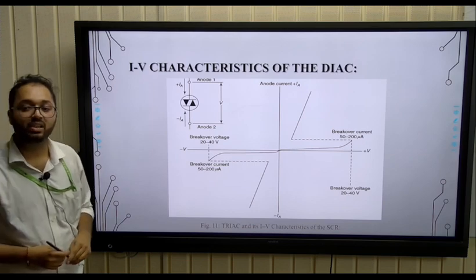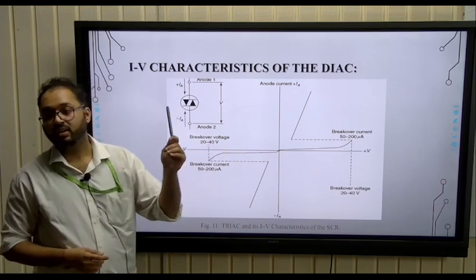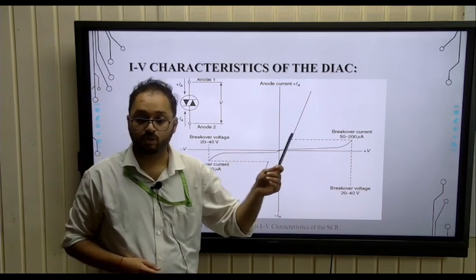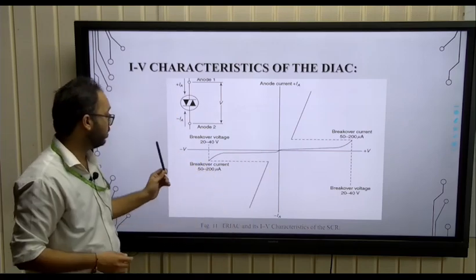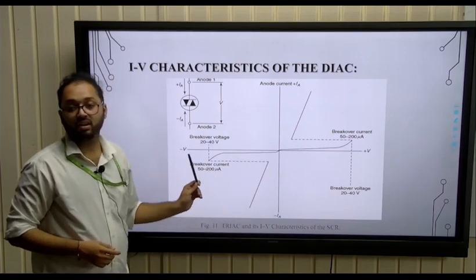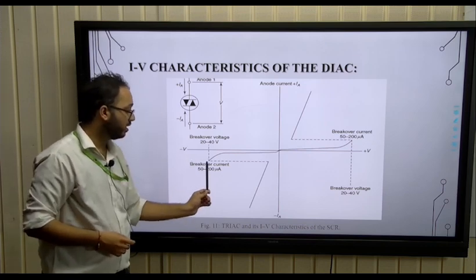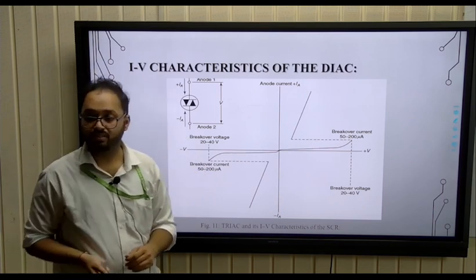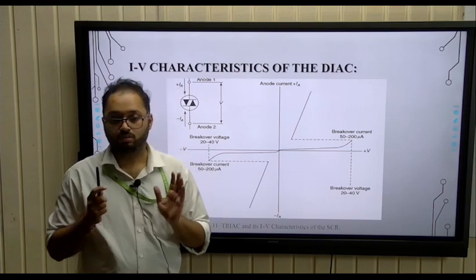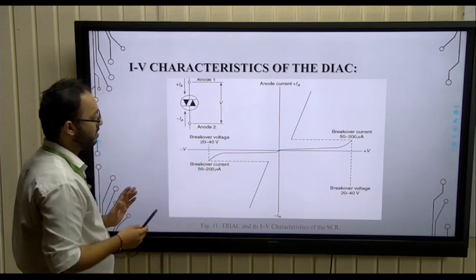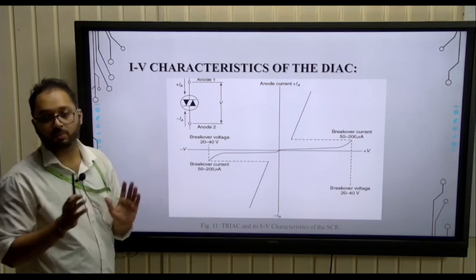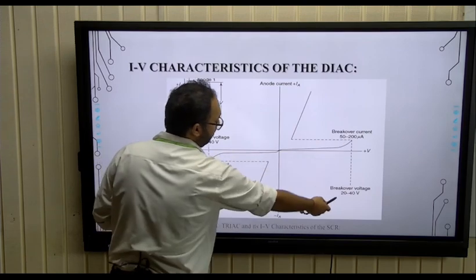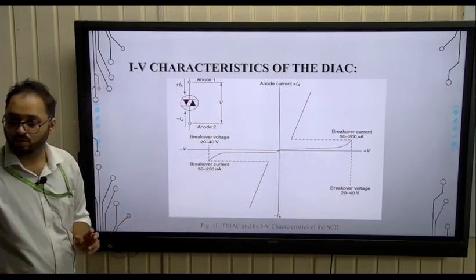Okay, what we were seeing in the reverse blocking mode in the SCR is that whenever we apply a reverse voltage, and we apply more reverse voltage, it will break the whole SCR. But in this condition it will not break, it will conduct, and it will conduct after a particular voltage. This is again a safety device that is used to save the other devices from conducting after or before a particular amount of current or voltage. That depends on whether the current is in this range or the voltage is in this range. Okay.